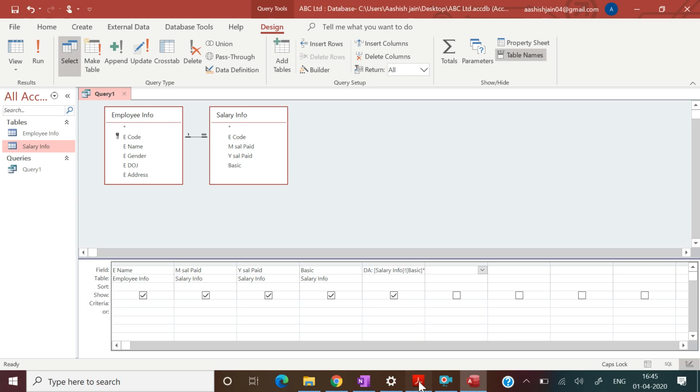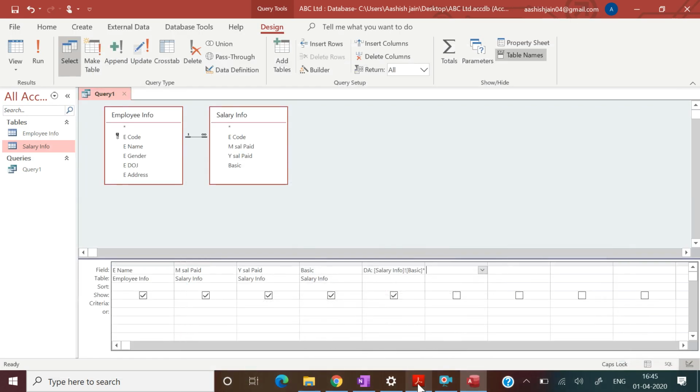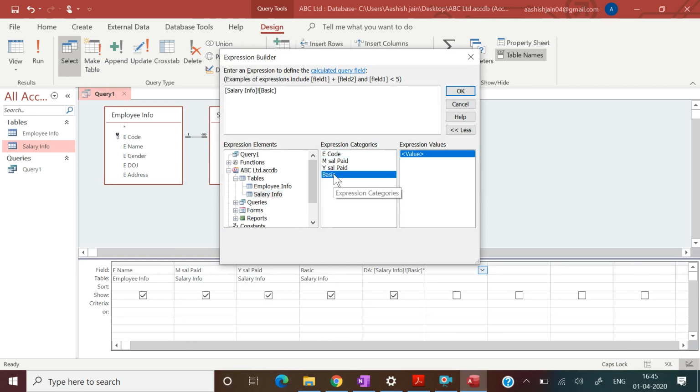Now read it again. After DA we need to create another expression, that is HRA, and HRA will be 30% of basic plus DA. So again right click, build, then we will find first basic in the tables. Then plus DA. Where do we find DA? In Query 1, and then DA.